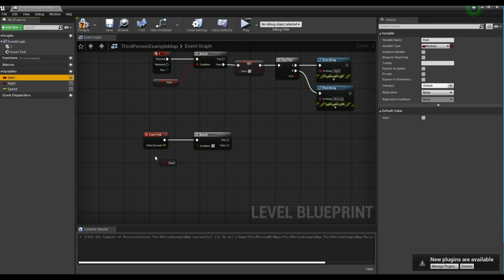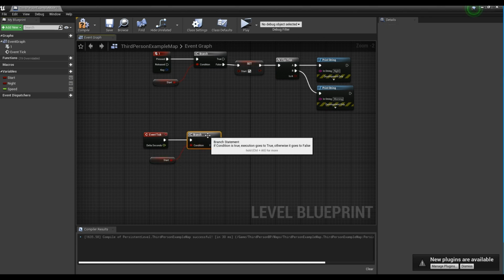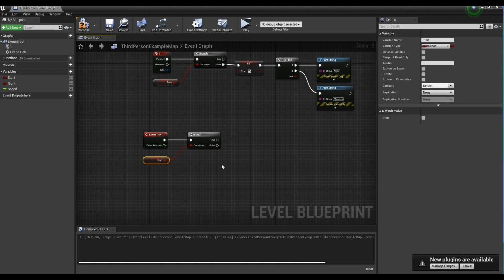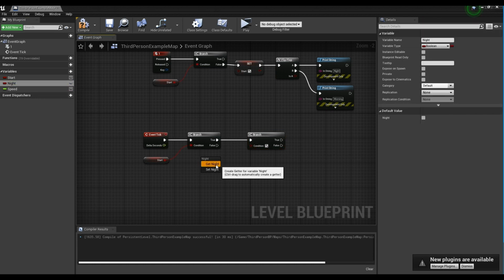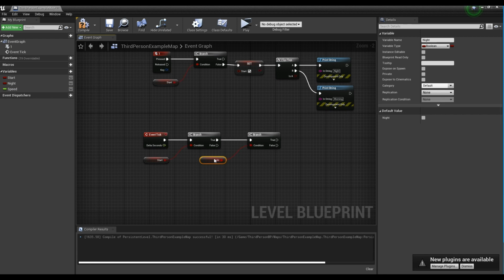Then, drag the start variable and connect it to the branch node. Create another branch node and connect it to the previous branch node. Drag the night variable and connect it to the branch node we created.